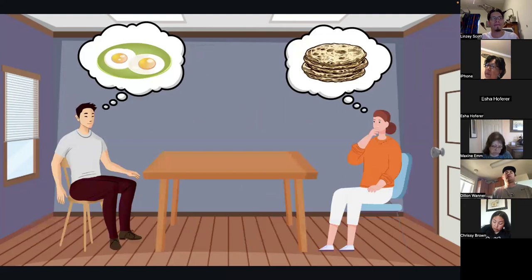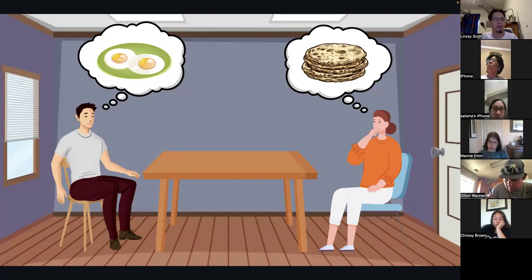Again, I don't know if all of you have been in my classes, the way the rest of the class is going to operate. I got two people here. You can see they have a thinking bubble. Thinking bubble indicates what they want to eat. And so I'm going to ask, what does the man want to eat? Or what does the girl want to eat? What does the woman want to eat? What does the young man want to eat? And you guys will tell me what they want to eat, okay?